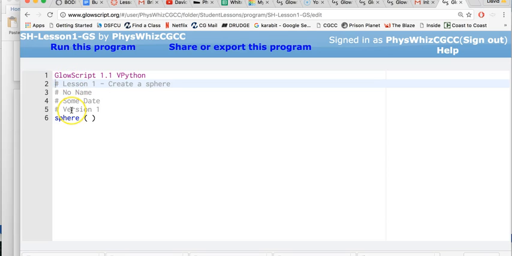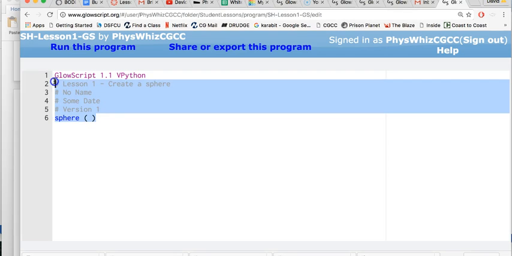You notice the next four lines have a pound sign or hashtag, whatever you want to call it, and you notice that everything is grayed out, and that means that GlowScript is not going to try to do anything with those. It just looks at them as comments. And so what you're going to do is copy those last lines,